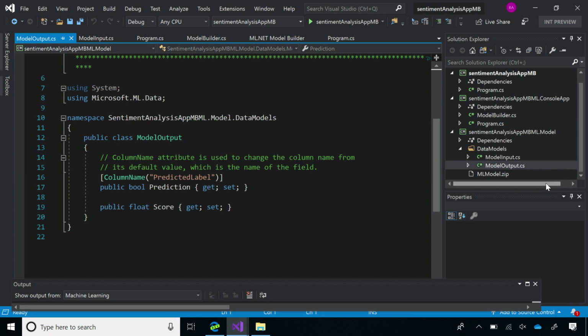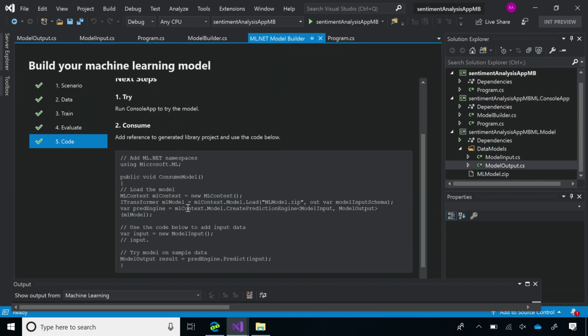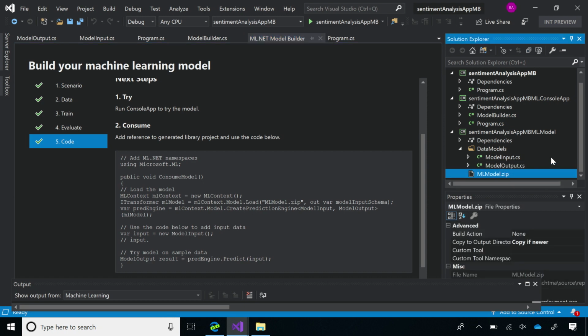And so then what you can do is go back in here and use your model. And if you go back to Model Builder, it actually has that code that you can just copy paste over and you're able to use your model that was generated. So this is obviously a Visual Studio plugin that gives you this experience. Are you thinking about any experiences outside of Visual Studio for the model building? Yeah, so we actually have the ML.NET CLI, which does the same thing. Actually, the ML.NET CLI is kind of behind the scenes here in AutoML. This is just a UI put right on top of that.